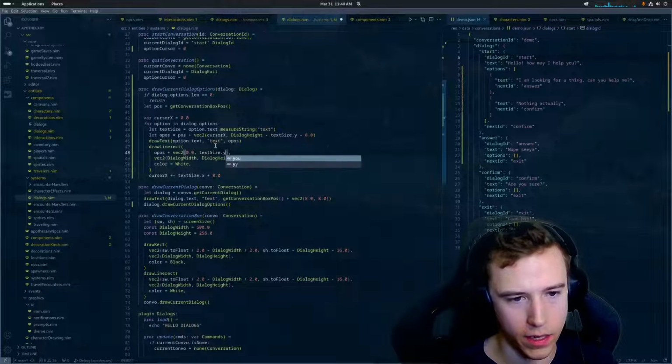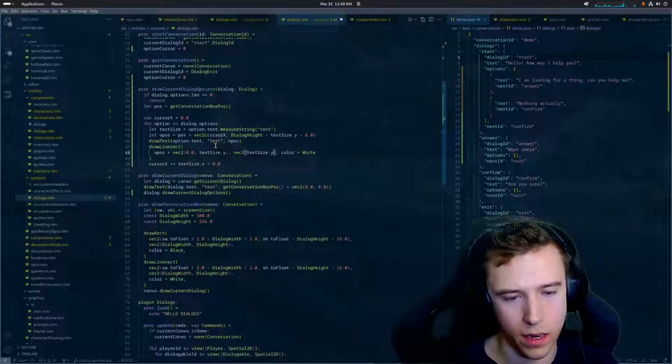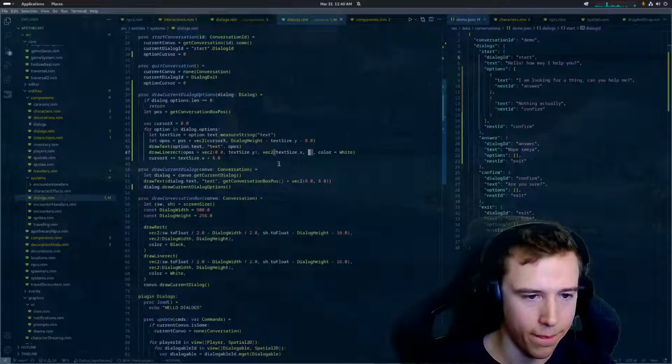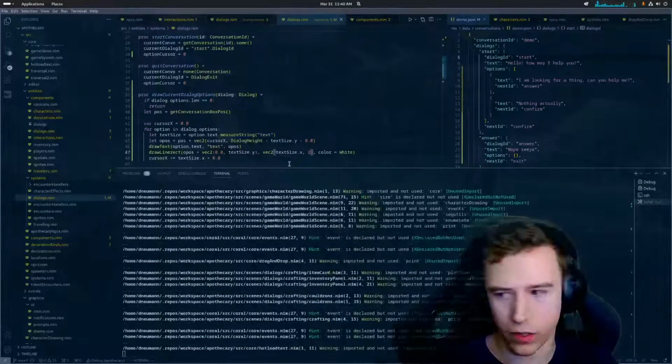And we'll add text size.y just so it's an underline. And then we'll do text size.x, and then we'll make it 2 pixels thick. 2 pixels should be good. And we only want to draw that actually if the cursor is